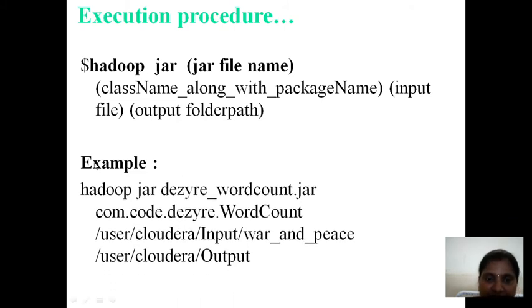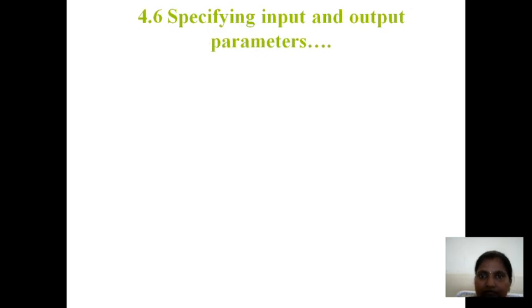So this is the best example I can say. Hadoop is a command, the jar is a command, my file name is dictionary_word_count.jar. We have to specify it is a jar file, and my input is this one, that is the file, and what is my location for the input and what is my location for the output? So all things we have to specify to get the output. Okay.